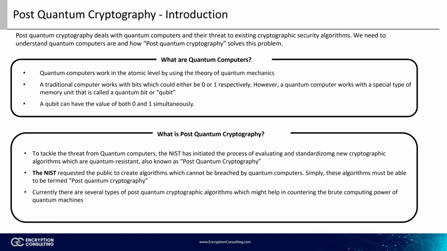If a traditional computer has 10 bits, it can have, at most, 100 outcomes. However, in the case of quantum computers, a 10-qubit system can have 2 to the 10th power, or 1024 outcomes at a time. The important thing to note here is the time it would take to crack the traditional computer's algorithm. Since each qubit can have 2 values, 0 or 1 at the same time, this makes quantum computers a tremendous brute force machine, allowing them to search through multiple combinations at the same time and give instant results.